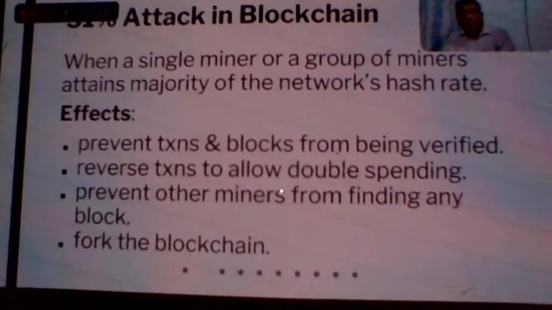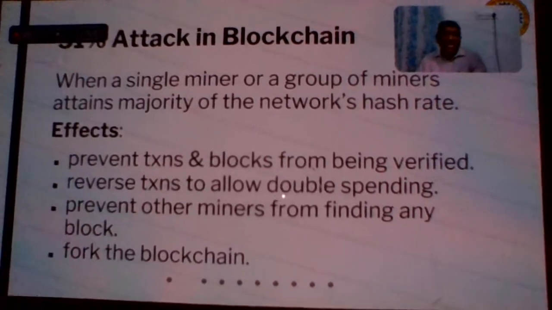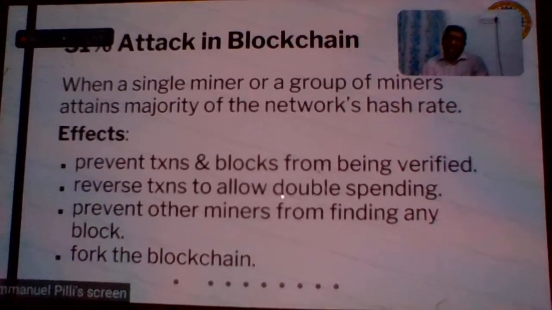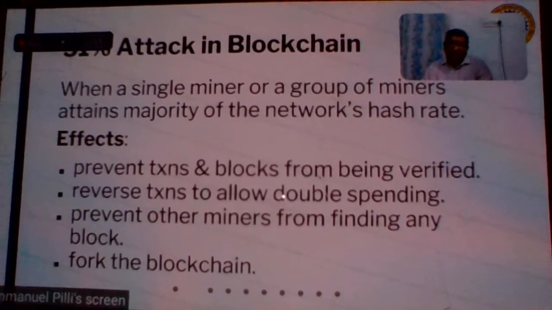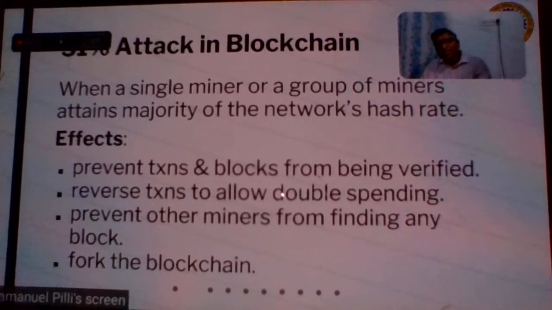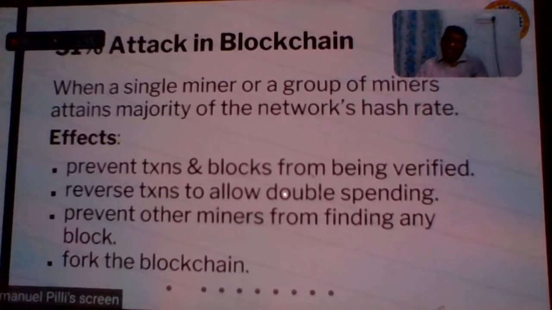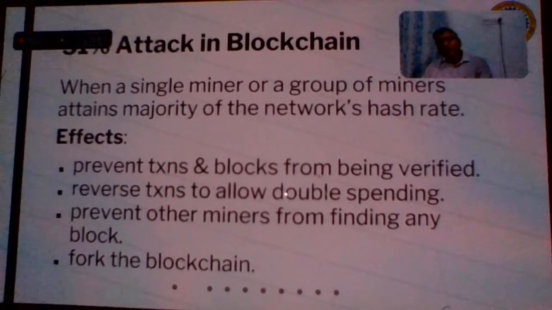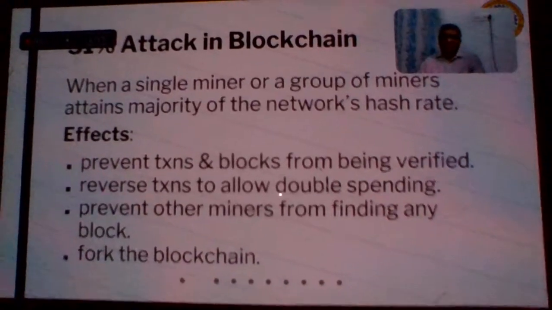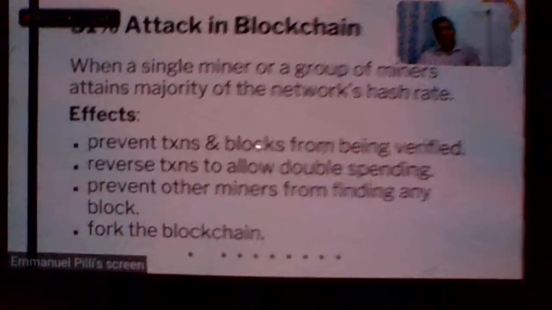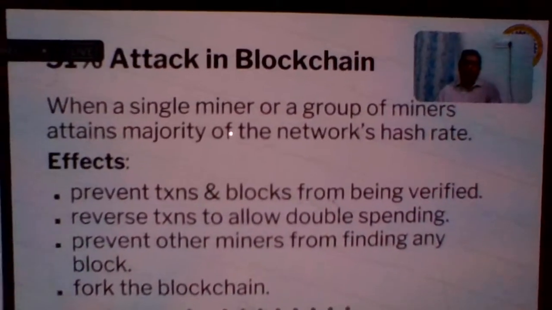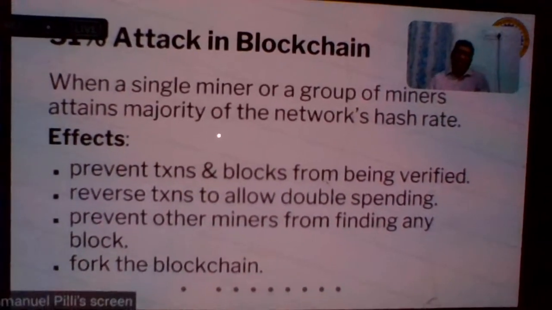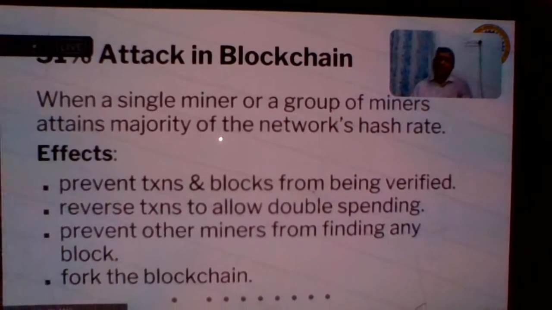So what happens when the majority share takes over? Now, this can happen when huge resources are available with one particular group of miners. As they get more and more rich, and invest more and more money into computing and power supply and all that, they get a majority of the network hash rate. Just imagine somebody was working with the Bitcoin mechanism, with huge power at his disposal. Suddenly he says, let me do something somewhere else. So he goes to Dogecoin or something. It's a very small network, and then he can use all his resources and take over the network.